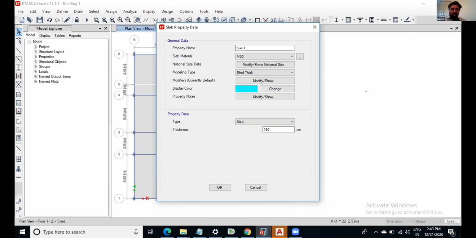Membrane is like a dome, like the Taj Mahal. You have seen it, right? If you see the Taj Mahal, it looks like a dome. So that is a membrane. It does not take the load. It is only going to take its self weight, and we have to design that dome only for the stresses, whether it can withstand its own stresses or not. So when you go to these kind of thin structures, then you have to use that one.